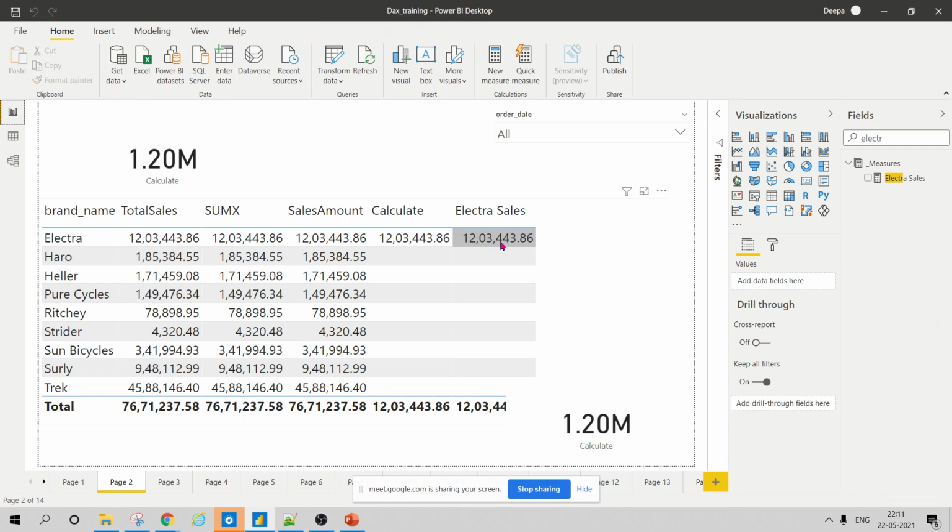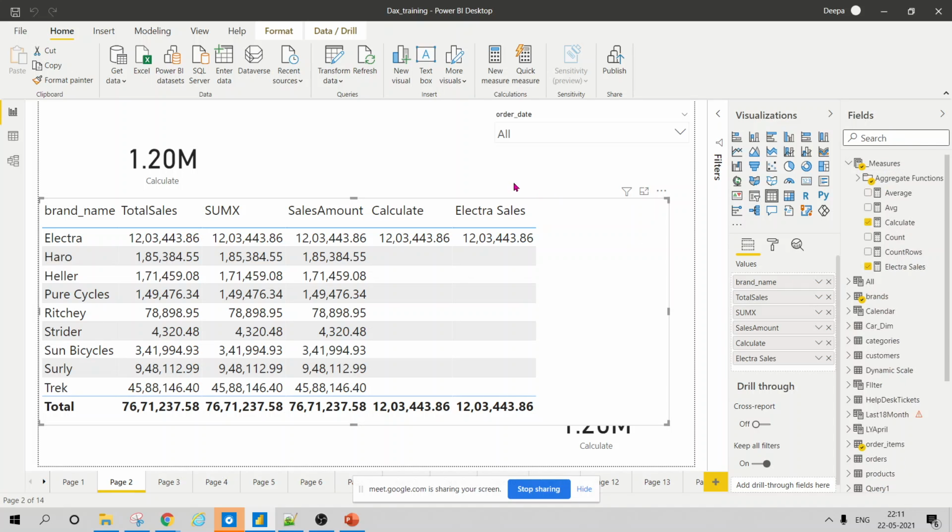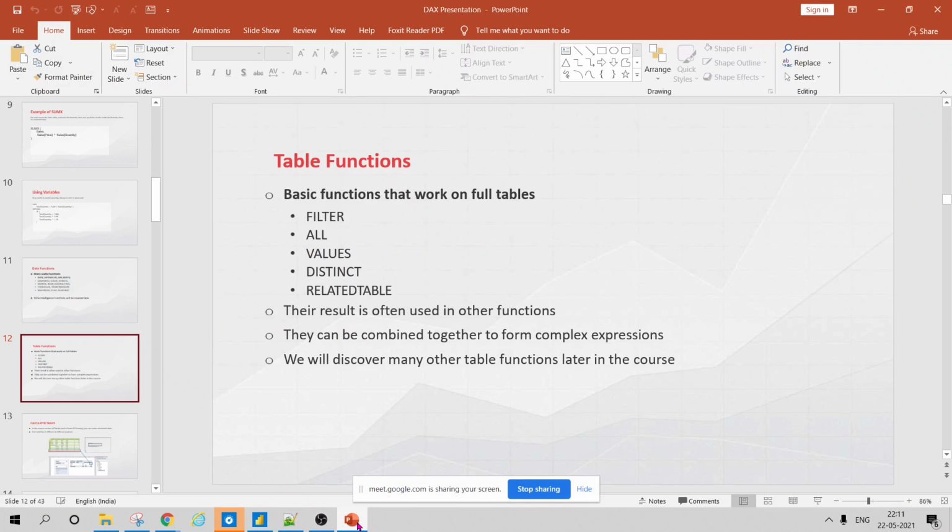So same thing you will get it like here. So you can get the same values in different ways. So this is keep filter, and this is again an important function. I think I have not added it here, but we'll do that. I'll note it down and I'll add it here. Okay.